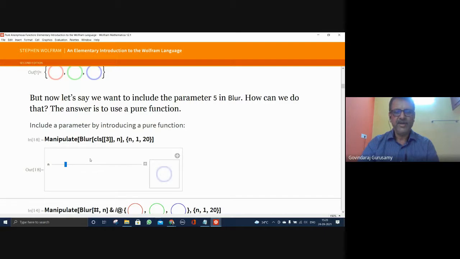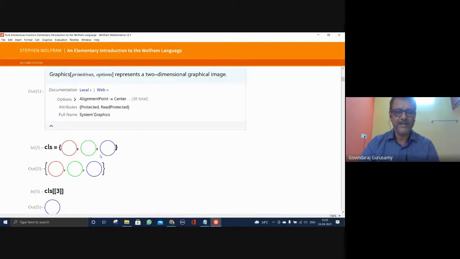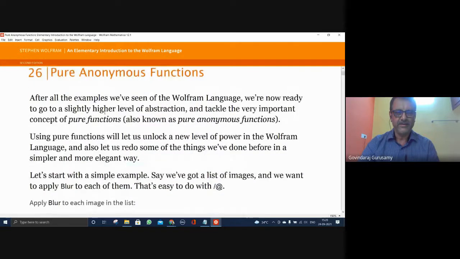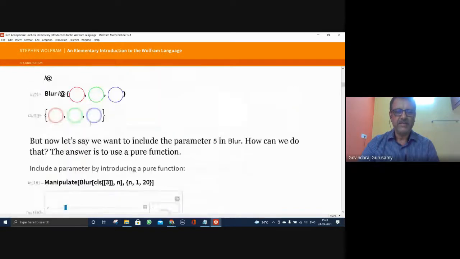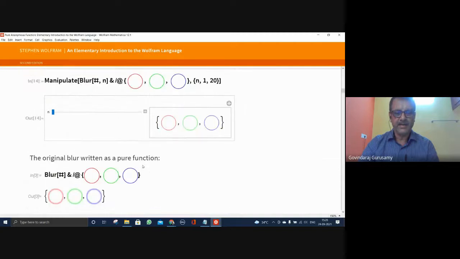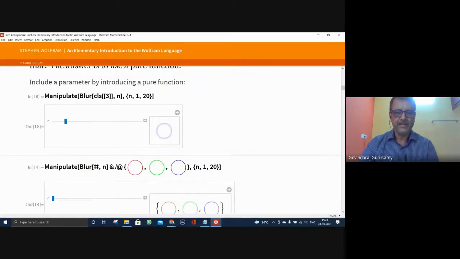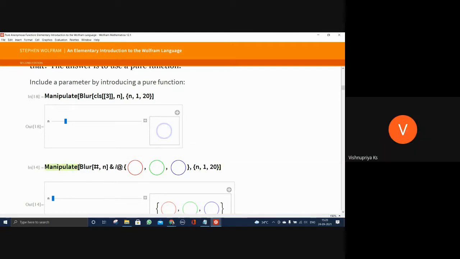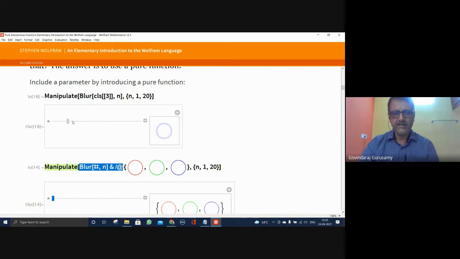You have made your program less powerful when compared to the pure function. The pure function idea is that multiple things can be done at a time. Now we are making this statement less efficient. You get the point of what I'm trying to explain here? Yes, sir. You can see I'm trying to do this independently, one by one. But that's not our interest. I have this list that contains so many of them.